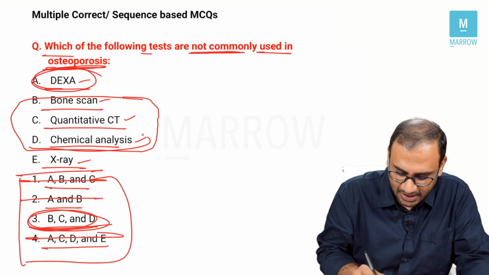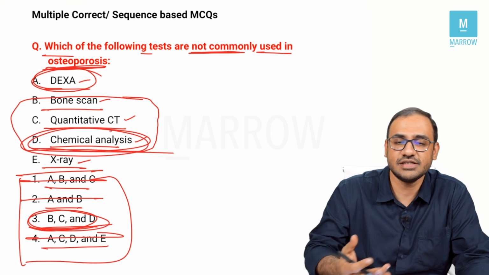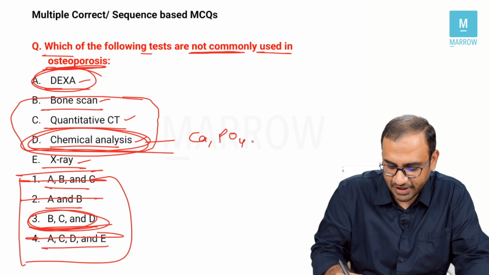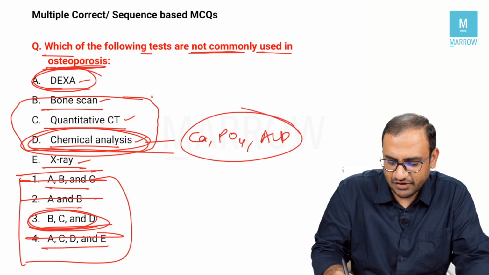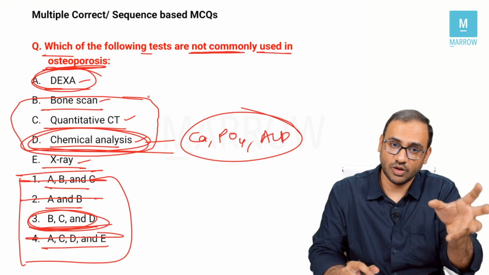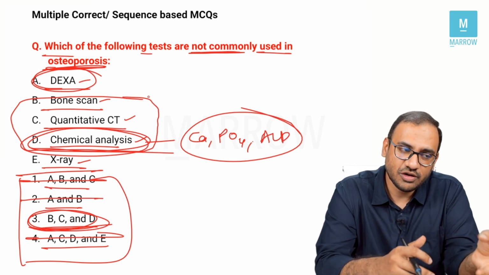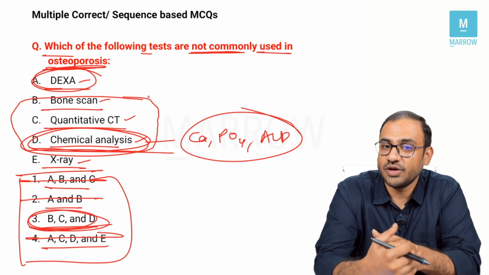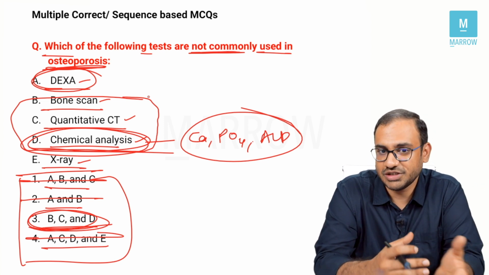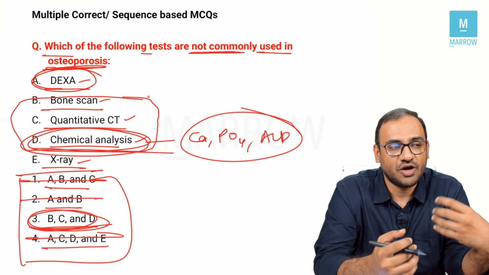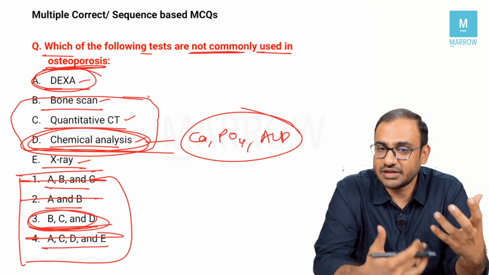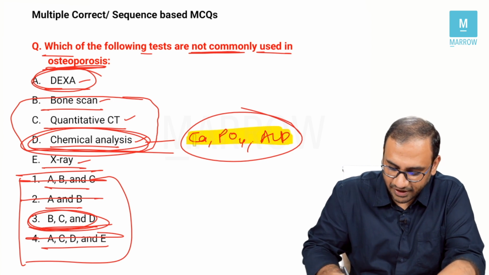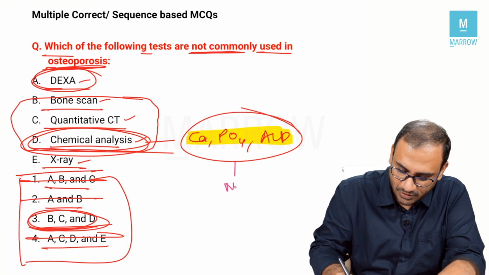of chemical analysis. Chemical analysis is nothing but your blood test, measuring your calcium, phosphate, alkaline phosphatase. Whenever a patient comes to you with a bony pathology, you would want to assess these findings so that we understand whether there is a disease process going on in the bones, whether there is excessive bone formation or bone breakdown, as in osteomalacia, rickets, or hyperparathyroidism. The thing here is that in osteoporosis, we know that all these findings are absolutely